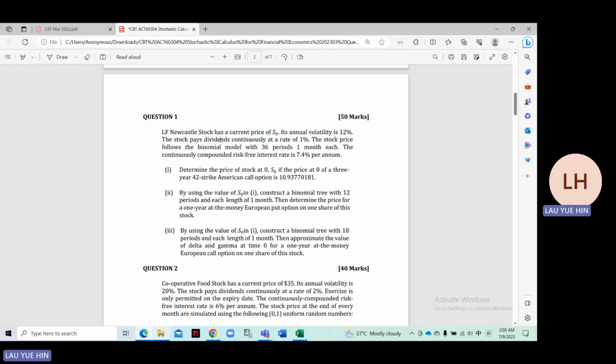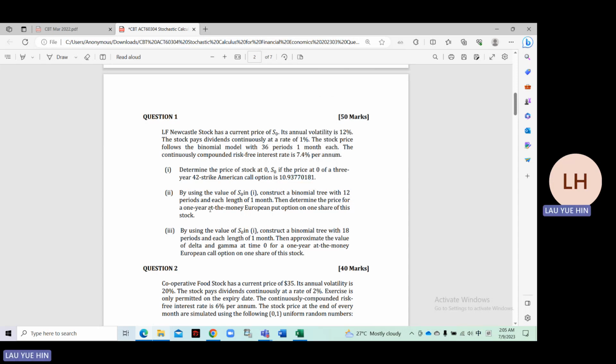And the stock price follows the binomial model with 36 periods, 1 month each, and it is given that R is 7.4% per annum. So in part 1, the question asks us to determine the price of the stock at 0, which is S0, if the price at 0 of a 3-year 42 strike American call option is